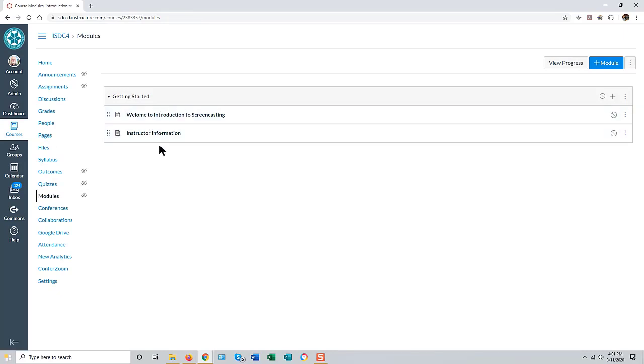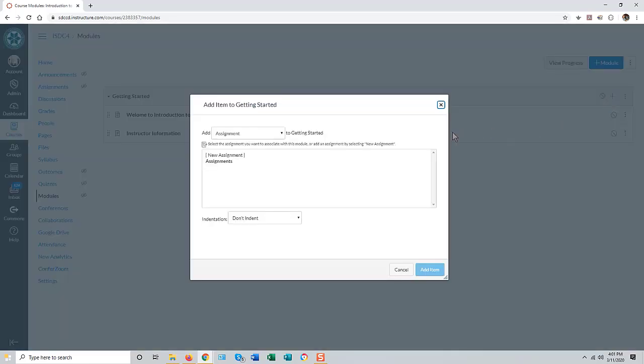And we'll see we've got our first two items in there. I'll add one more thing to this Getting Started module before we move on, and that you'd probably guess would be the syllabus. This is a great place to put your syllabus file. I can do that by, once again, pushing the plus sign there. And this time, rather than building the syllabus live in a page on Canvas, I'm going to just upload the syllabus as a file. I've already got that file on my local hard drive,